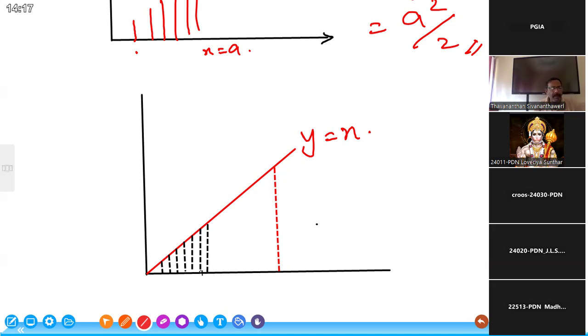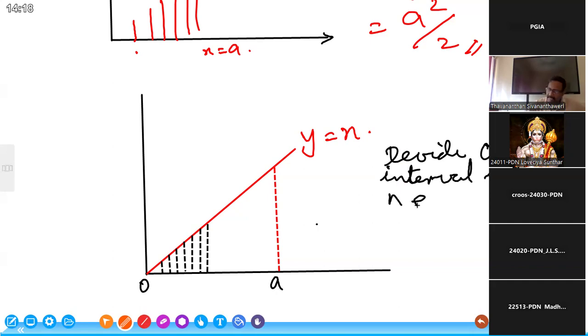Equal value of x, right? So divide. Here this is A, this is 0, the interval 0 to A, into n equal